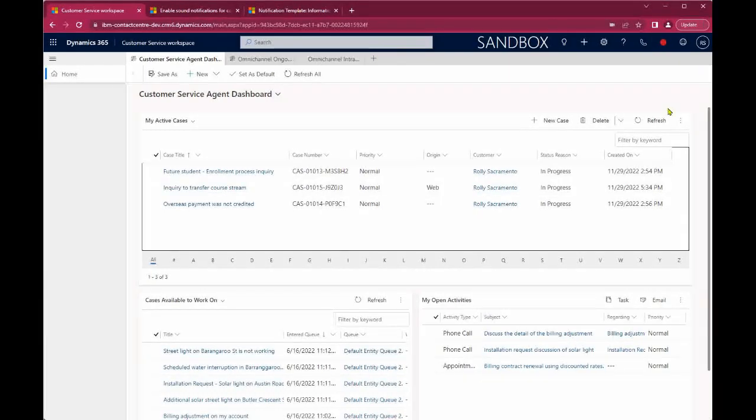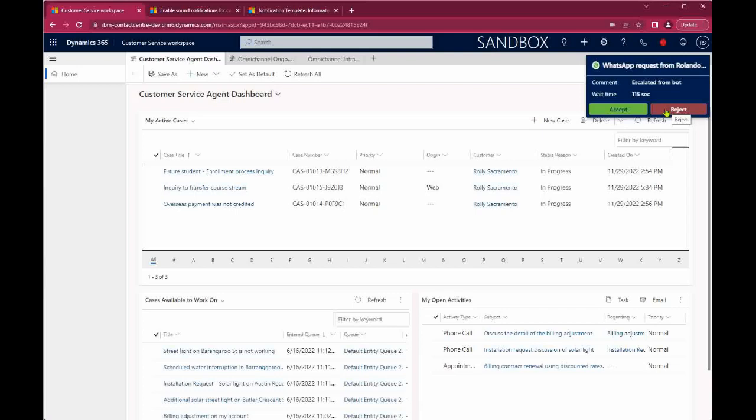Now let's get ready to receive an incoming conversation. There you go. This is an example of a push notification. There are a few things to note here. First, you know that this incoming conversation is from a WhatsApp channel. The customer name is Rolando. The comment text field indicates that this conversation was escalated from a chatbot to an agent. The current wait time,